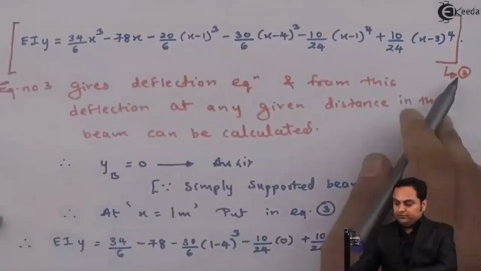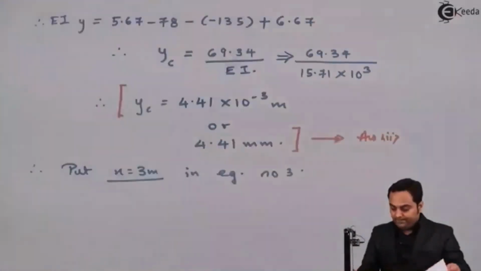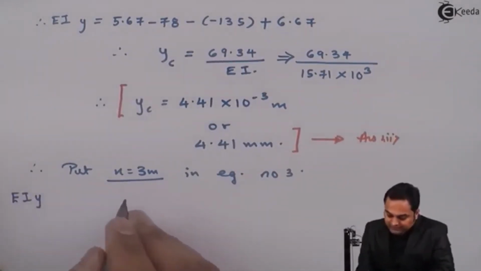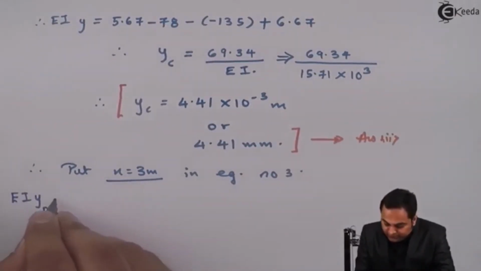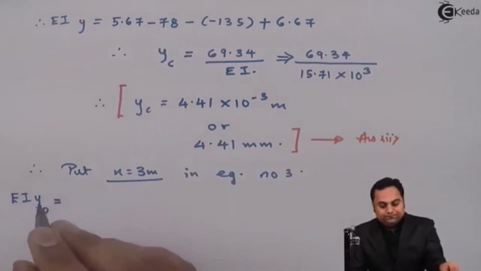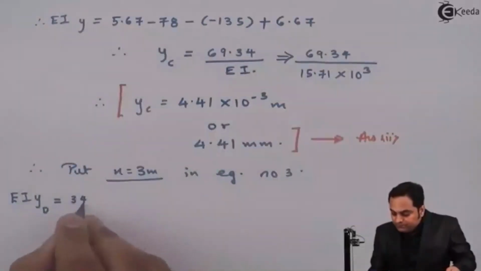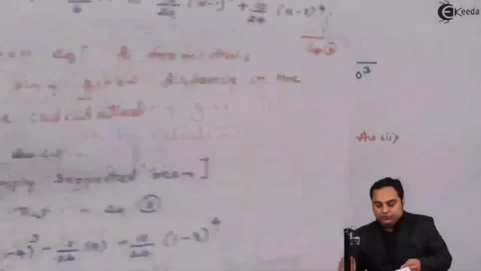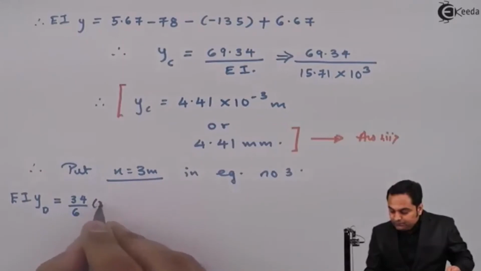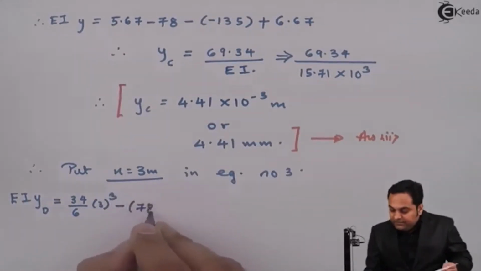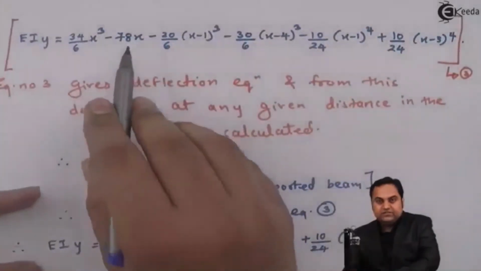Here I'll put the value. So EI into y suffix d is equal to 34 by 6 x cube, so it is 3 cube, minus 78x, so it is 78 into 3,